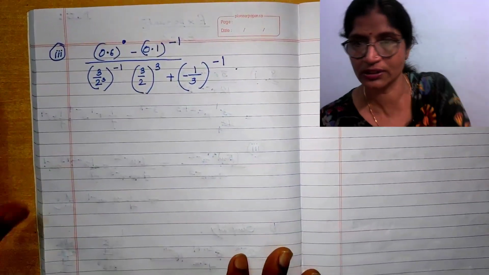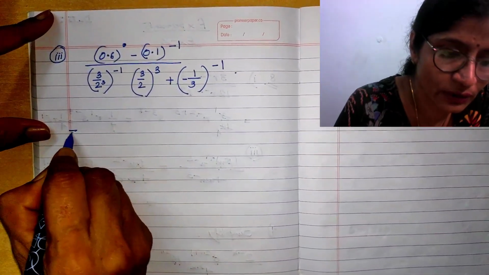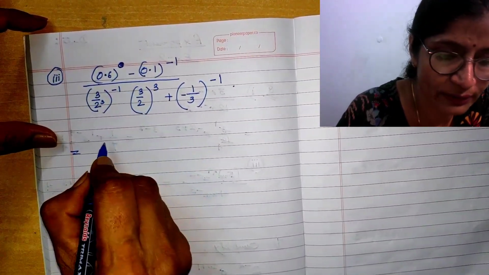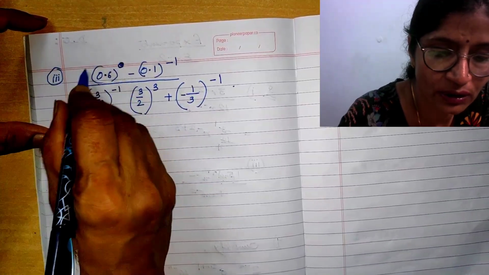Okay, let's do this sum. Anything to the power 0 is equal to 1. Okay, so I will write instead of this whole thing 1,